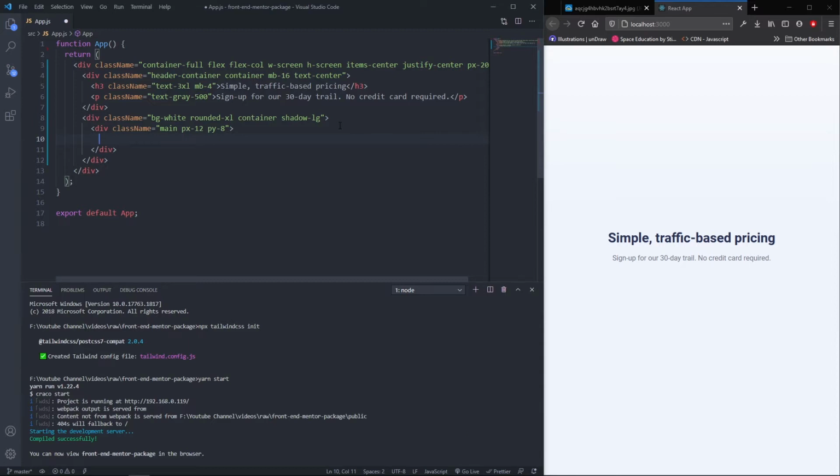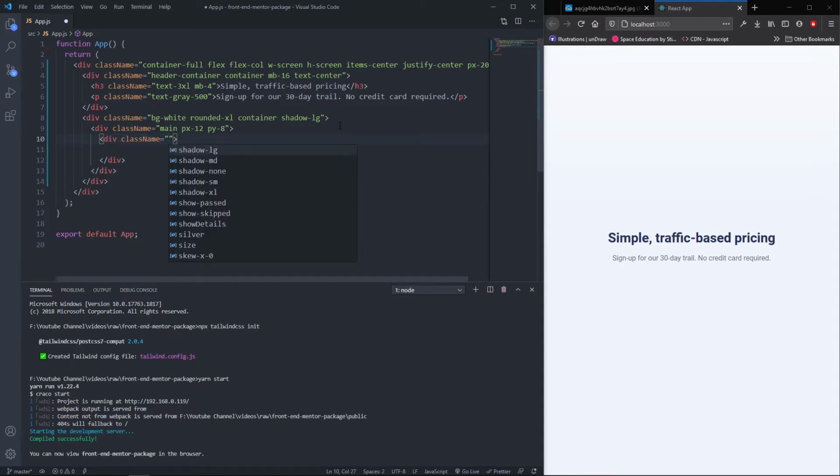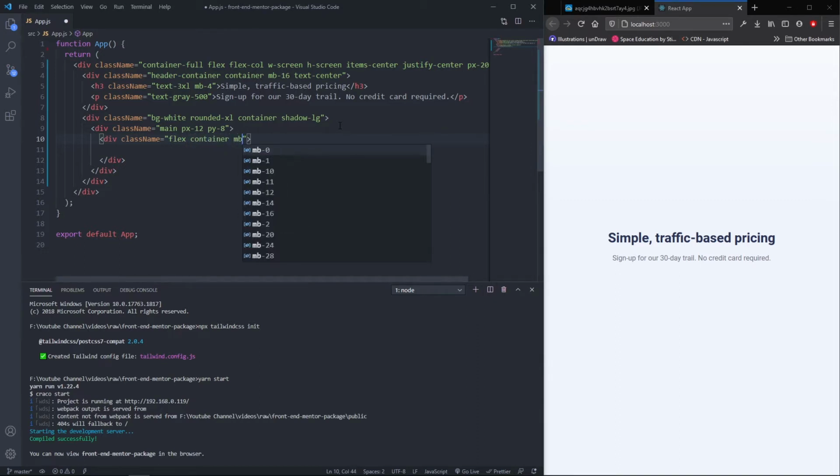And then inside of this div, I'm going to add a new one. So I'm going to say class name is equal to flex. It's going to be a container, and I'm going to add the margin bottom of 8. And let's go ahead inside of this div. I'm going to go ahead and add a p tag, and inside of my p tag I'm going to have 100k page views,